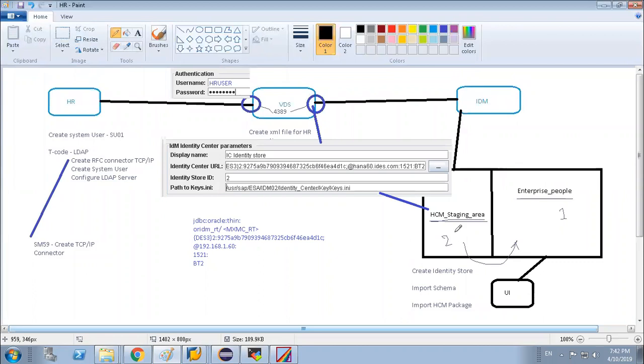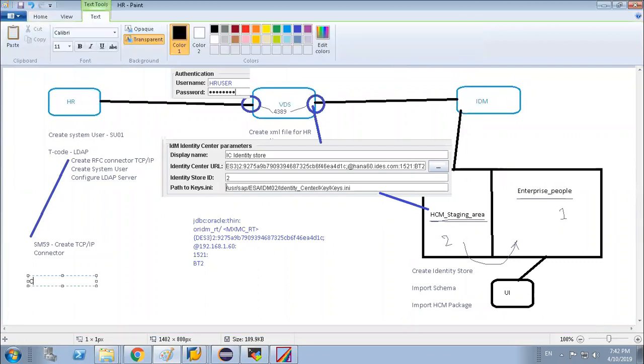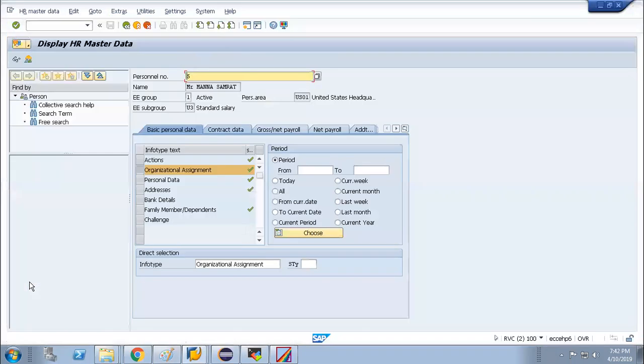Correct? Now, how will we send this information? In order to send this information, we have to create a query using SQ01.